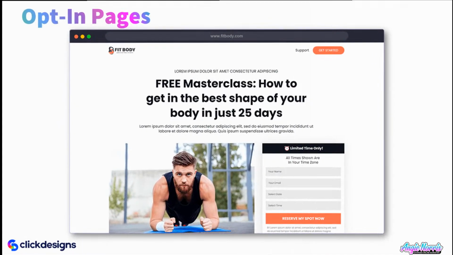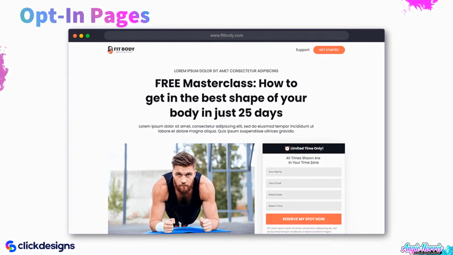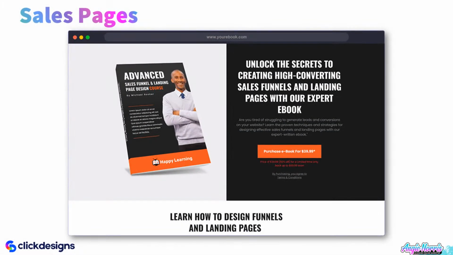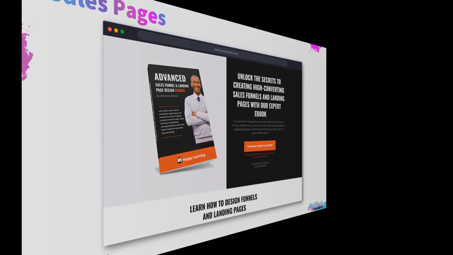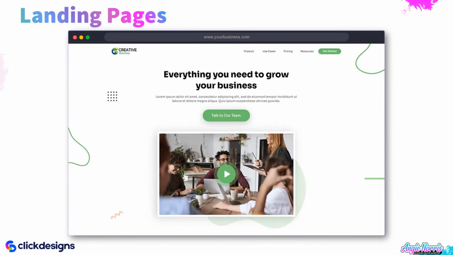So full pages, opt-in pages if you're wanting to create a cool opt-in form, sales pages if you have a lead magnet page like this one where they can get their ebook for free, landing pages, which is a great place because most of the time, like when you come to a landing page,